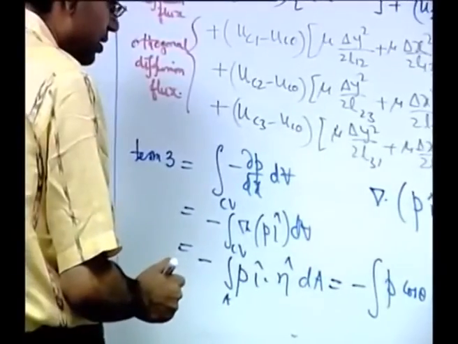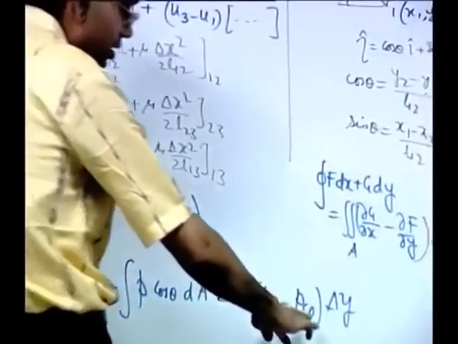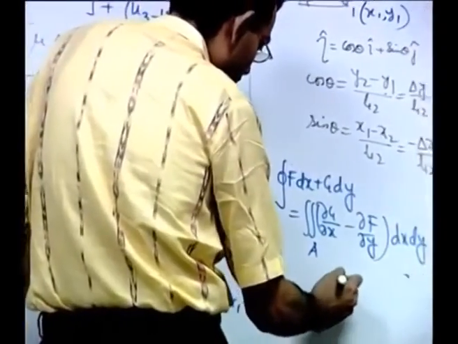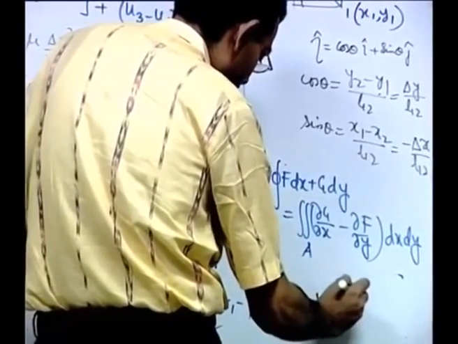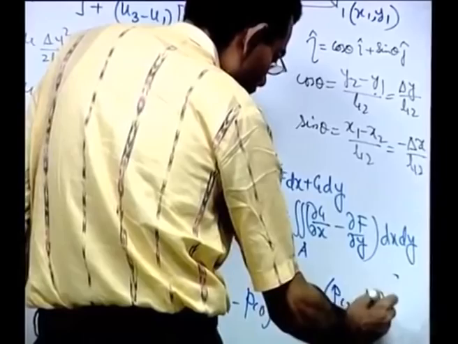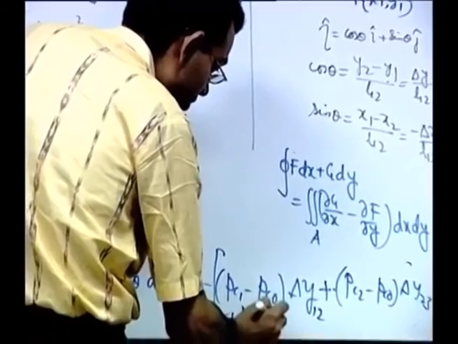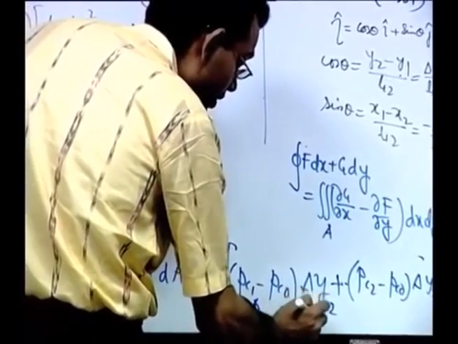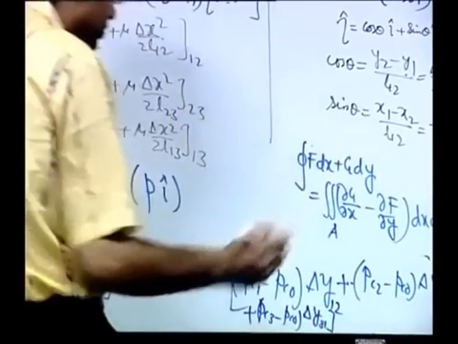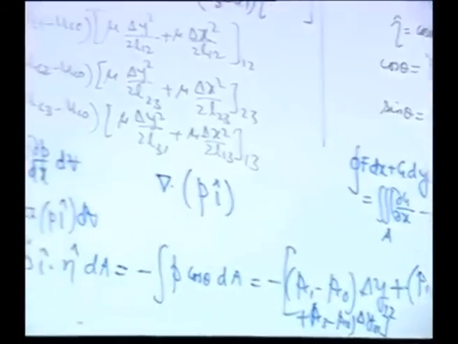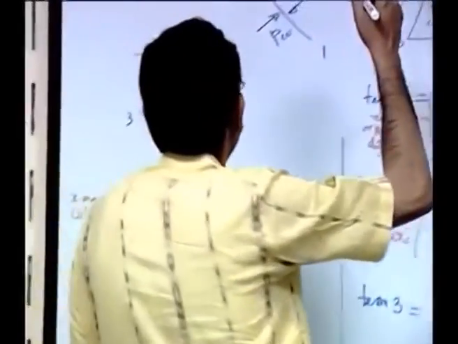This is for edge 1 2. Similarly you have PC2 minus PC0 into delta y 2 3 plus PC3 minus PC0 delta y 3 1. So this is how you discretize the pressure gradient term. So what you see is that the structure of discretization is again the same. You are again having